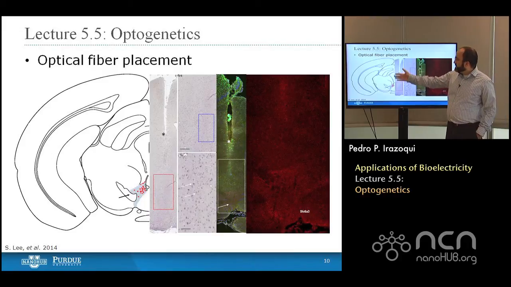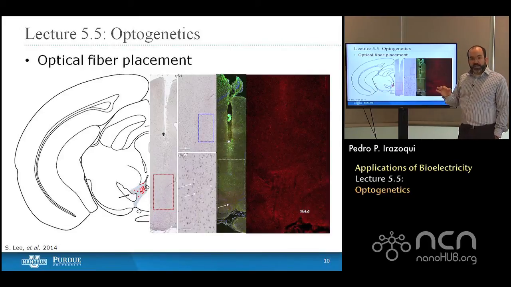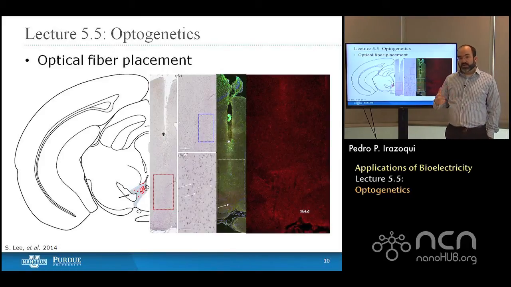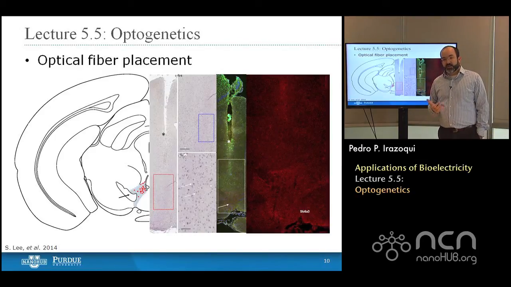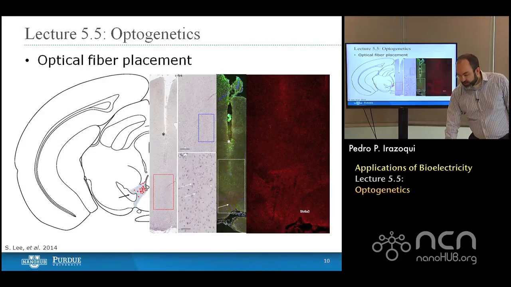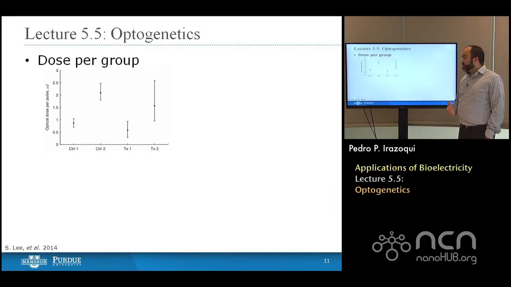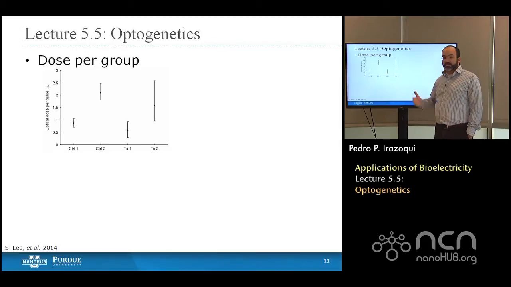Then we can look at the slice and see there's the hole that's made in the brain by the electrode itself. There's the tip of the optical fiber, and that's where the light comes out and you get your stimulation. Then we can zoom in to a portion of the brain and zoom in further and see different aspects of neuronal density, neurons of interest, neurons that express the opsins that we're after. And so we have confidence that those neurons are optogenetic. Given that confidence, we can then start to look at different populations of animals.